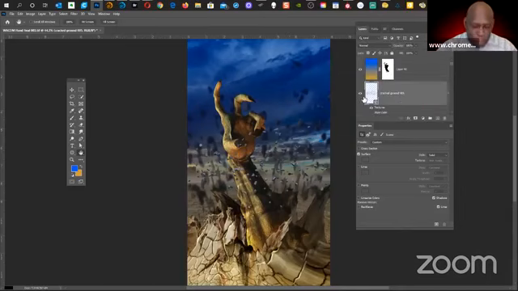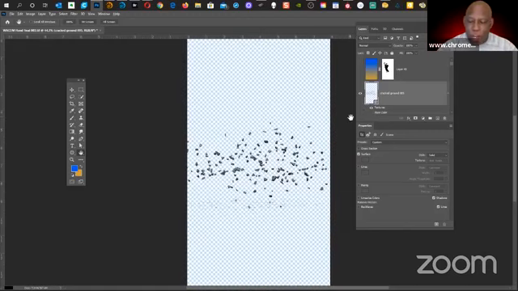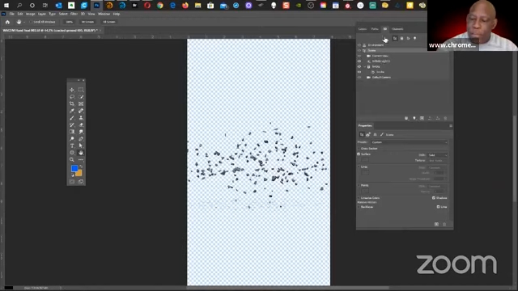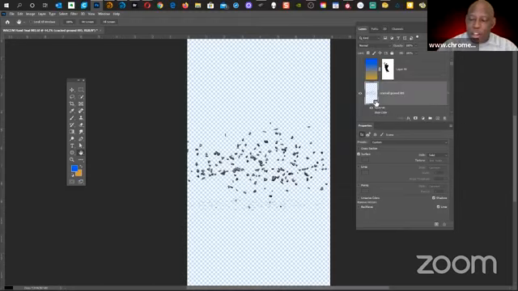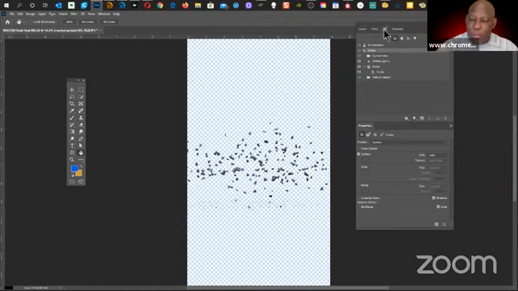If I go to the layers, I'm gonna option click on that eyeball, which means I can see only the debris. If I go to my 3D, the 3D panel comes up showing you what 3D objects you have in this 3D scene. There's a 3D layer. We know it's a 3D layer because it has that cube object in the bottom left-hand corner.